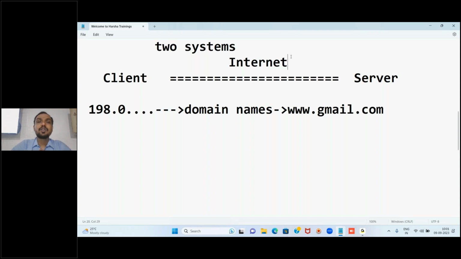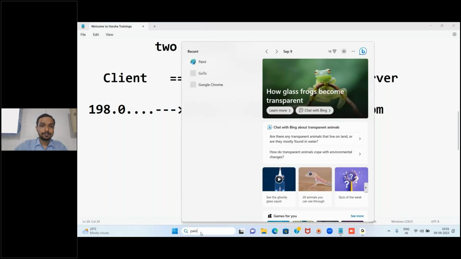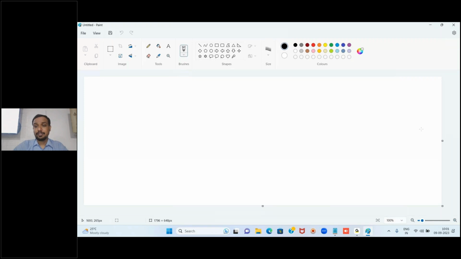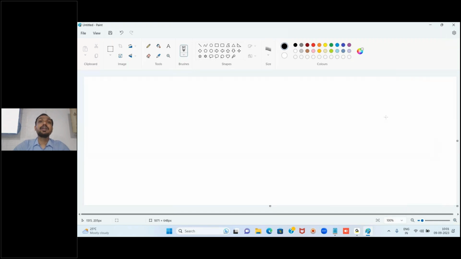At a time, if we want to work with a web application, two systems must be in connection with each other. Those two systems are the client system with which you are connecting, and the server system, the actual system in which your actual programs are running. Clear? And when we talk about any web application or web-based application, typically it follows a three-tier architecture. That is, I can say three layers also.